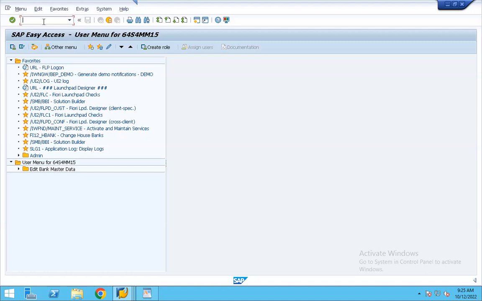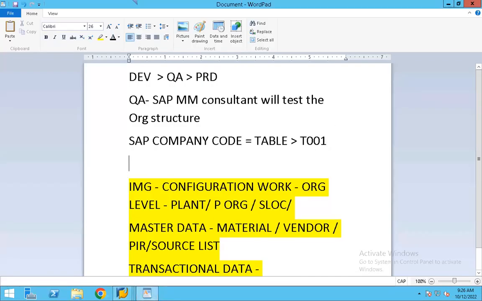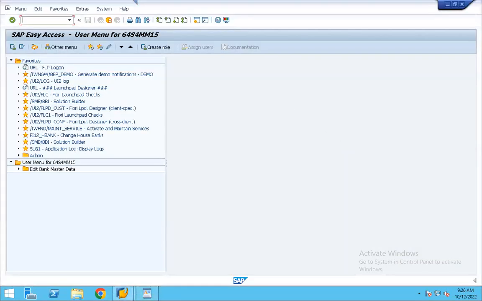So whenever you have to display the table, the transaction code is SE16. Okay, so I'm going over here, SE16, hitting enter.